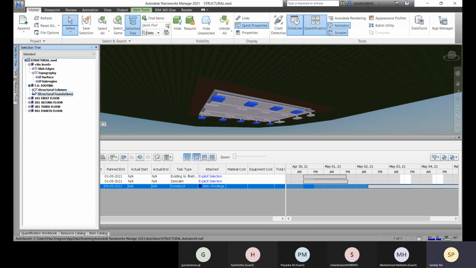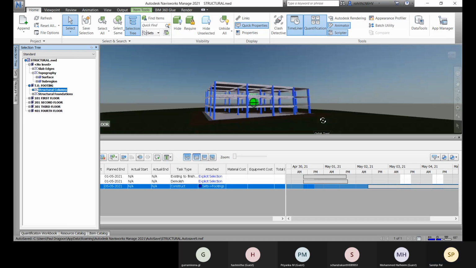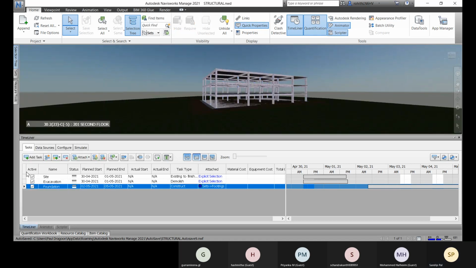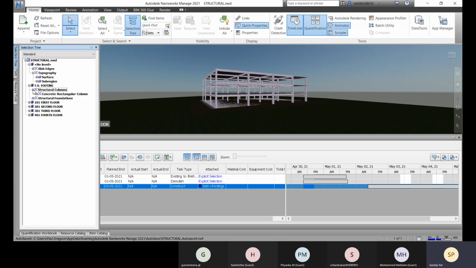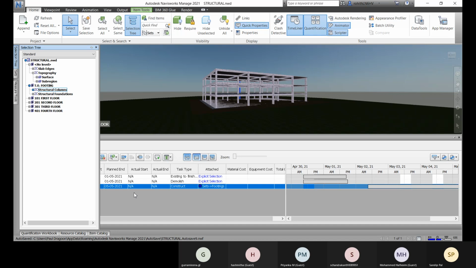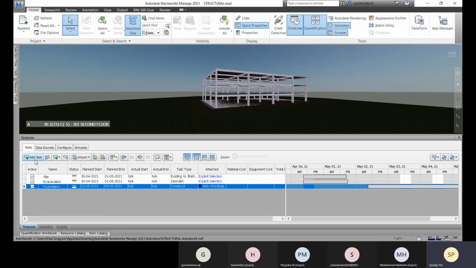Okay. Now you have your structural columns. This is going to be the next task. Okay, so let me just check if it is created by no. Okay. All right, so now let me go for next task.